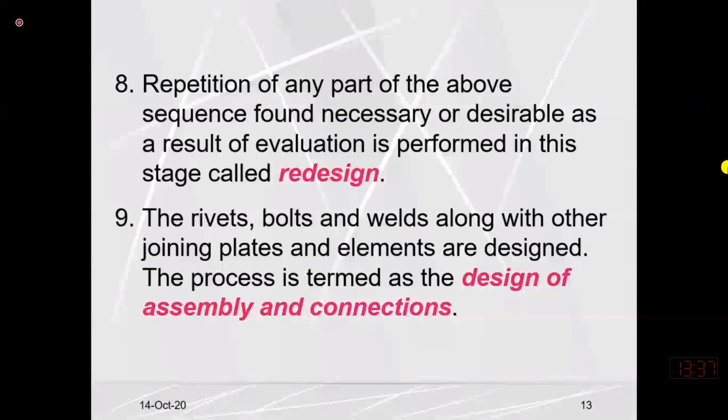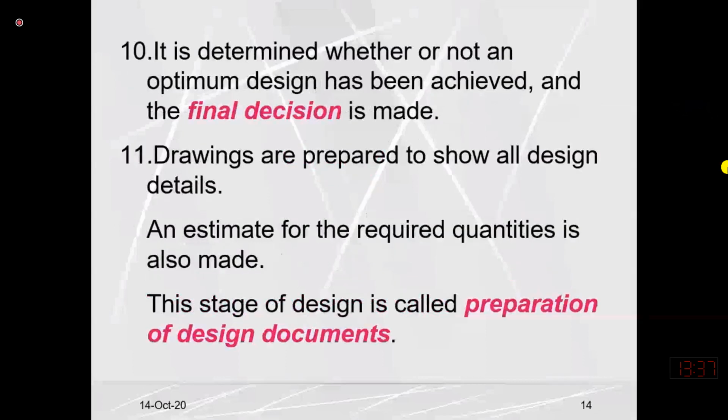And then after designing the independent structural members like beam and column, we will join them. Joining them means that we have to design the connection, whether we are going to join them by rivet, bolt or weld. So we need to carry out that design. And after the completion of the design, we need to